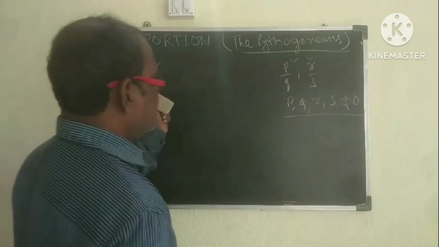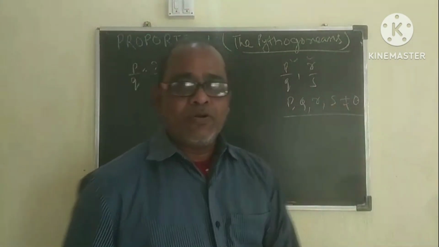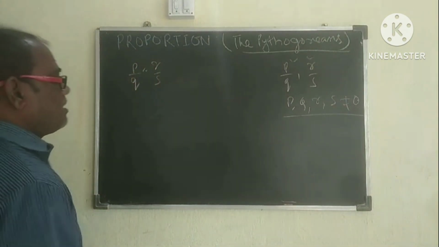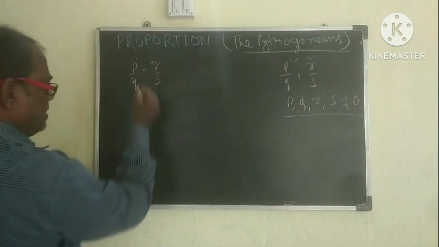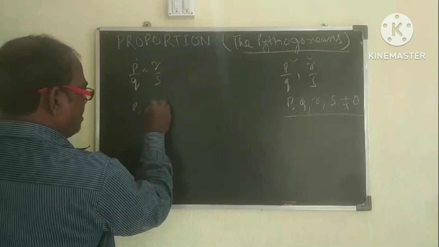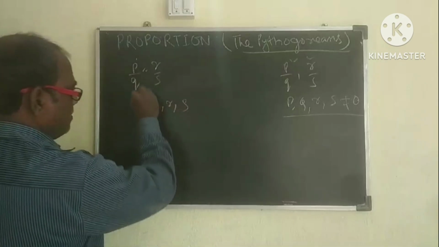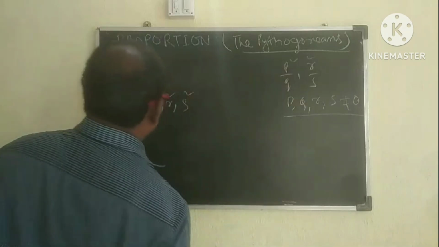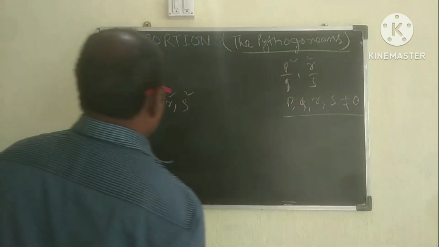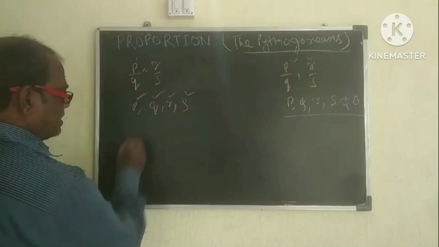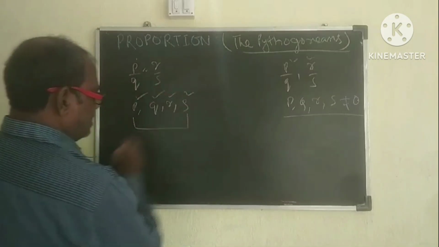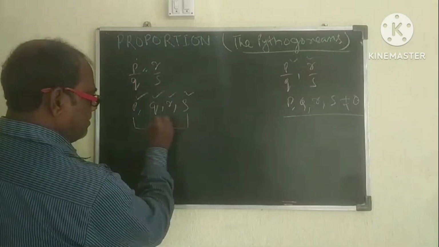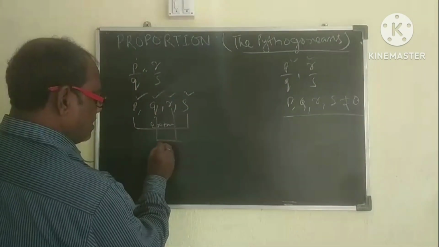If the two ratios where P, Q, R, S are not equal to 0 are equal, then we say that they are in proportion. So from here we can say that P, Q, R, S: P is the first term, Q is the second, then the third and fourth term, and they are in proportion. Also from this we can say that P and S are the extreme terms, and Q and R are the